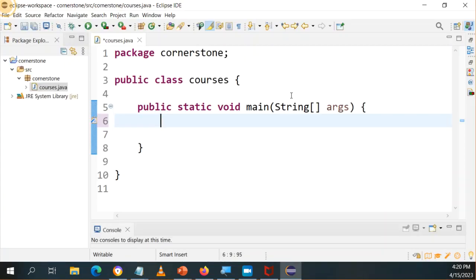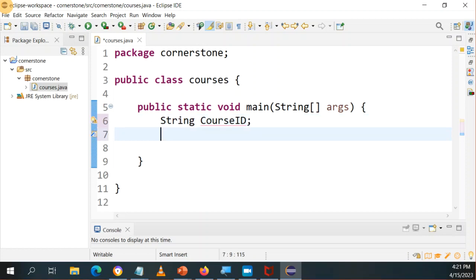Okay? So I'll declare my variable. I'll call it string course ID. Okay? That is my string which I'm going to use. And then I need to have a way of